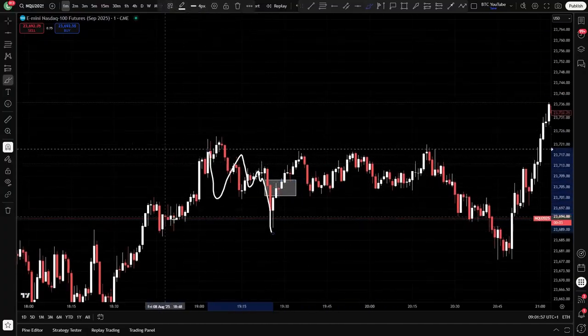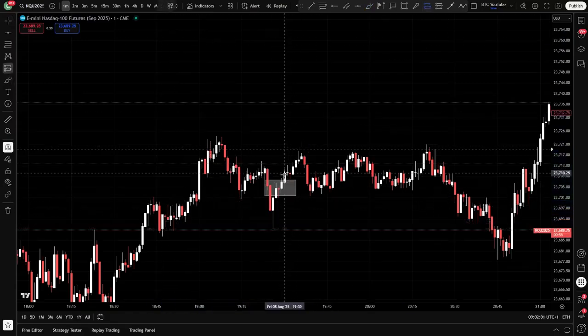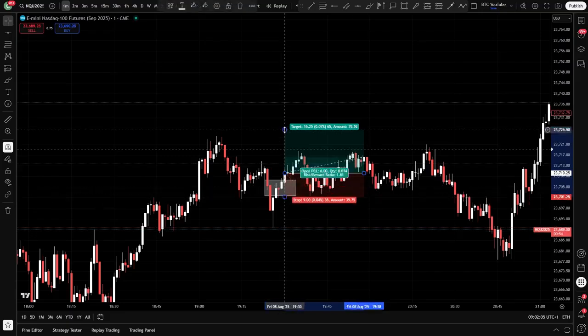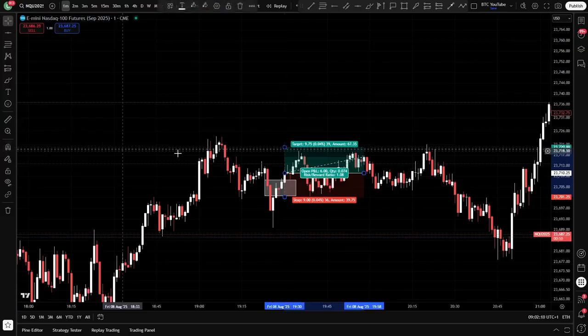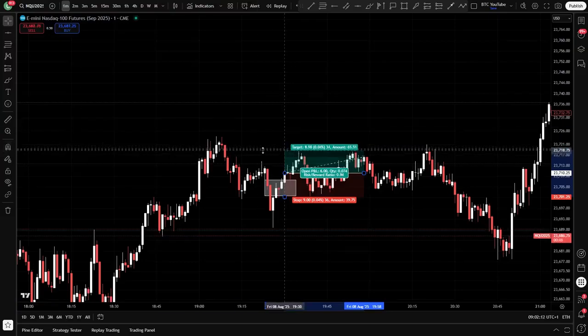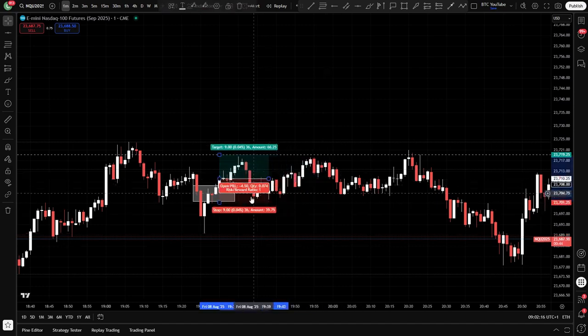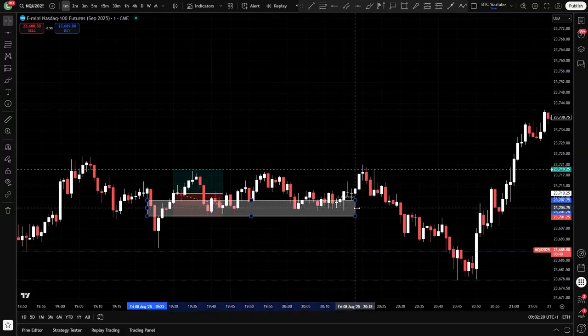Accumulation, manipulation down, sweeping out some liquidity, distribution back up. You could have entered here, targeted a 1-for-1. We can actually drag my thing out. Come on. Honestly, this magnet tool does my head in sometimes. You can see we just about would have hit a 1-for-1 here probably before coming back down. This actually never closed below, so you probably would have eventually gone and hit your take